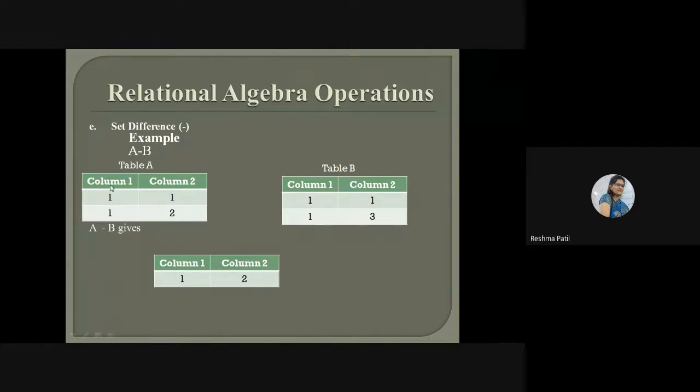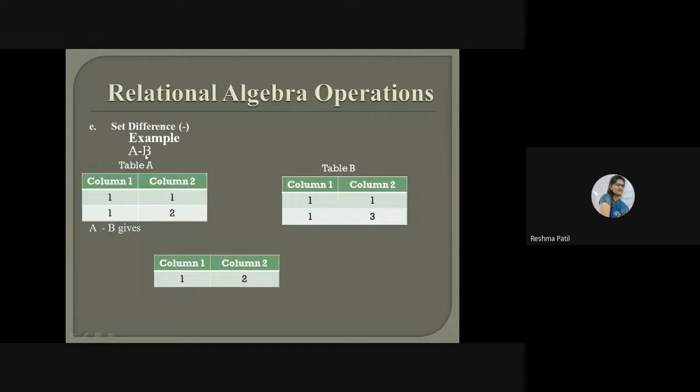Now we have to check what is remaining in table A. Only that part we are going to show to the user. That is your second record. If there is a B minus A, then we will show 1 3 over there. It will not show 1 2 because we are going to subtract from which table. That part we have to show. We have to exclude the part of B.